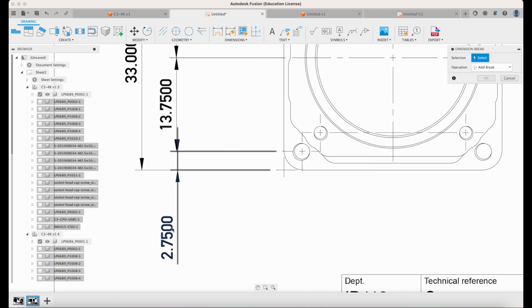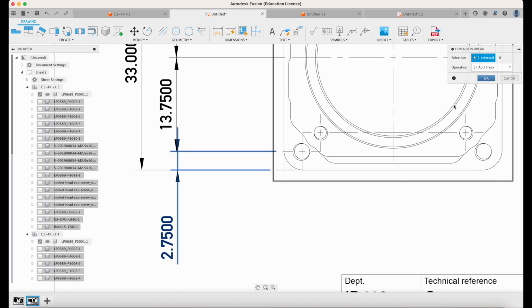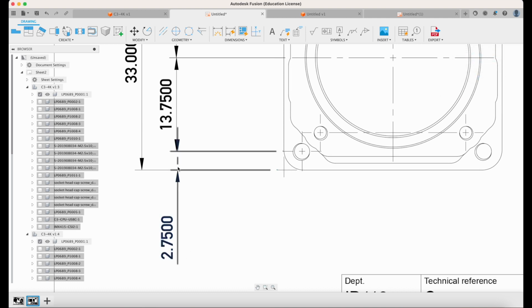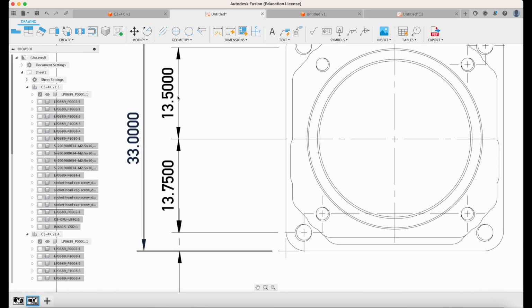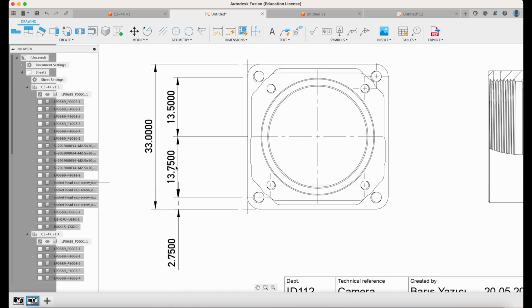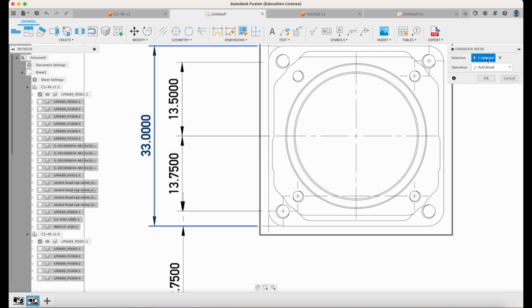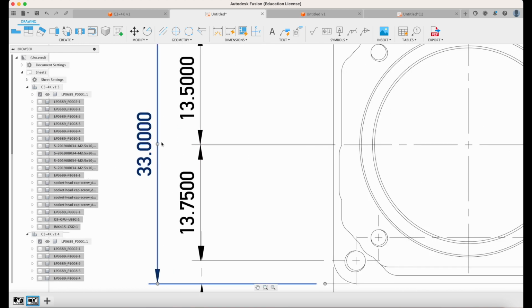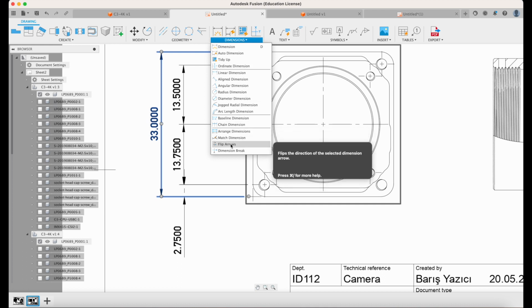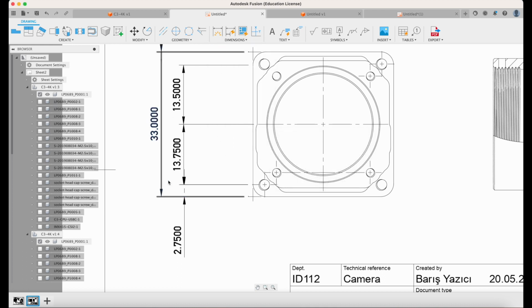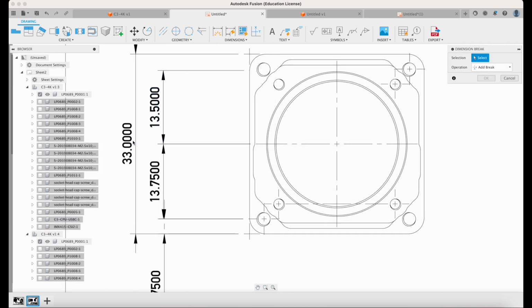Now the dimension break is used when you want to create a smaller line instead of continuous line. Okay, so let's show it on the baseline as well. Let's add a break. Okay, this one, oh wait, the arrows have to be on the other side. Let's flip the arrows. Okay, let's add that. Okay, so this one,